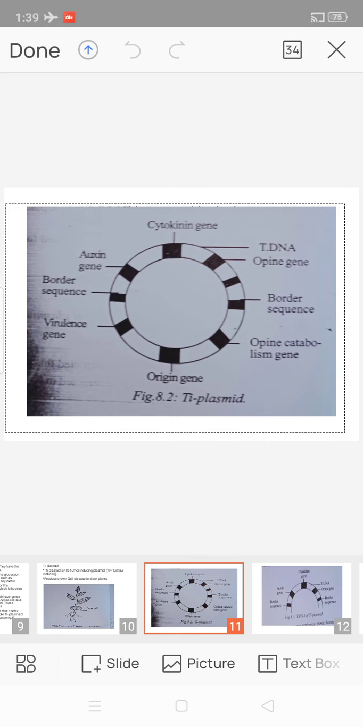T-DNA means transferred DNA. When an Agrobacterium infects a plant cell, the T-DNA becomes separated and integrated with the chromosome of the plant cell and causes crown gall tumor. Hence it is called T-DNA. The T-DNA consists of different types of genes. First one, border sequences at the two ends of T-DNA, and the border sequences help the transfer of T-DNA,